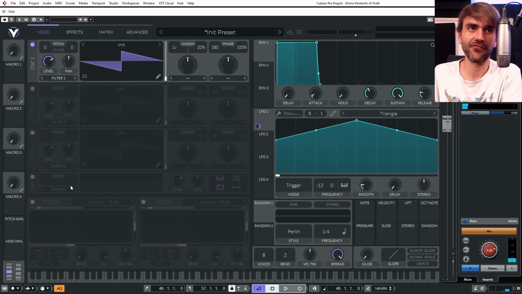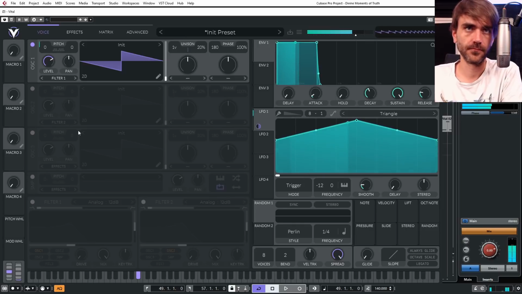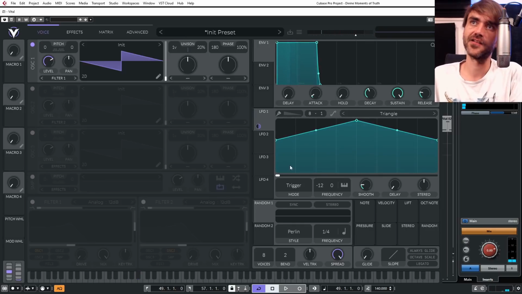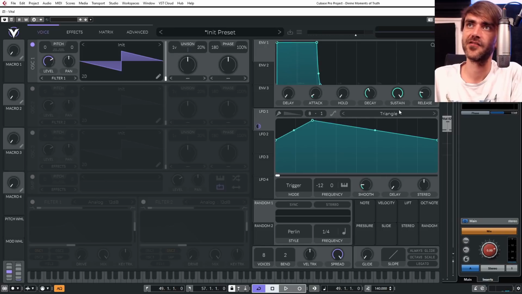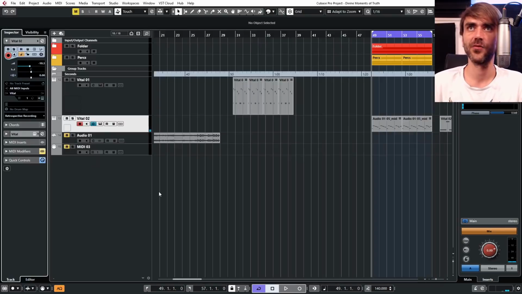So you can create these FM sounds with just a single oscillator and an LFO, and it tracks to the key of your input. So the idea here is to go wild, draw in shapes. You've got various shapes that you can choose from here. Let's punch in a gated pattern. What I can actually do here,